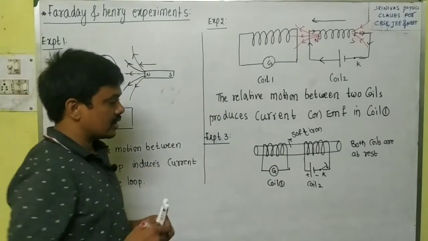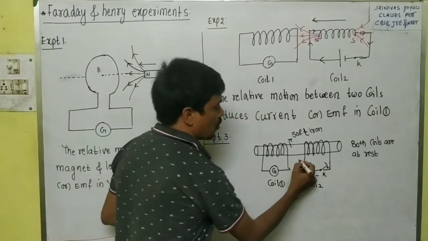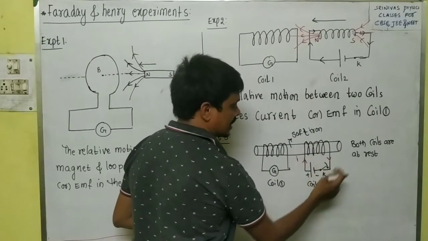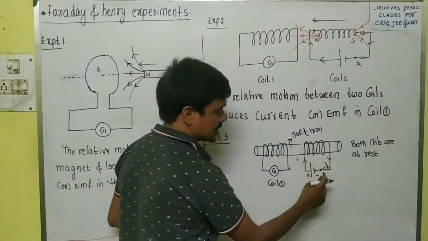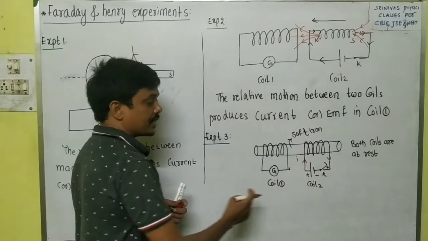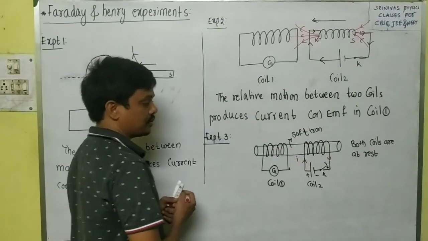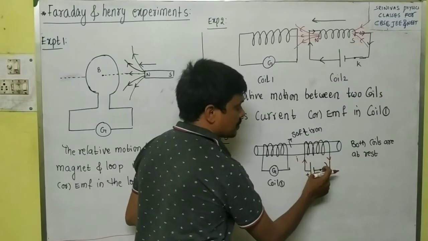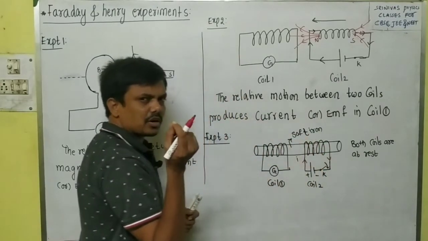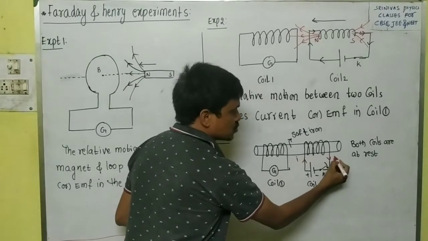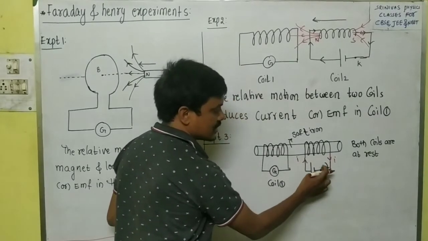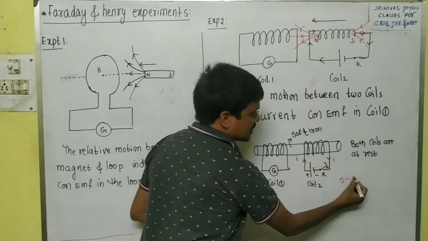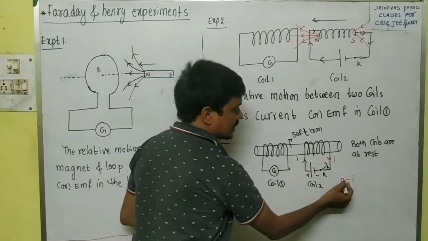Here when we close this plug key, what happens? The current in coil 1 increases. Sorry, not coil 1, coil 2 increases. When we close the plug key, the current increases from 0 to a certain maximum value, but it takes only a fraction of a second. For example, due to the battery, current I passes. If there is no battery and the plug key is open, then the current is 0. But when we close the plug key, the current increases from 0 to I